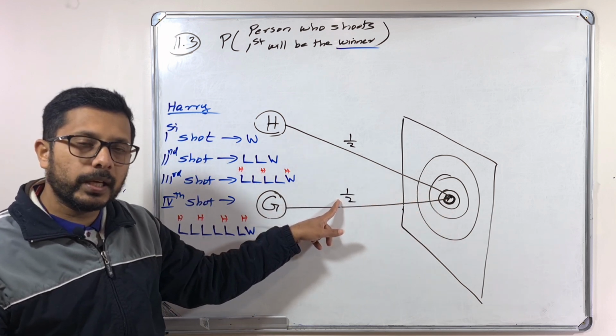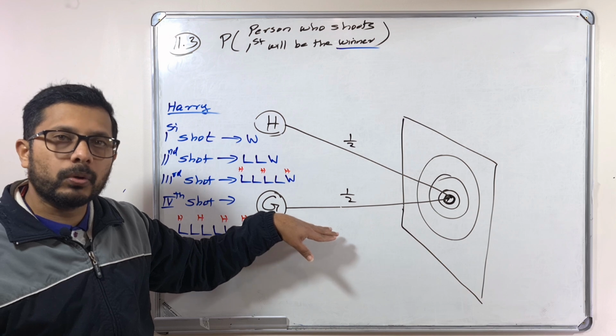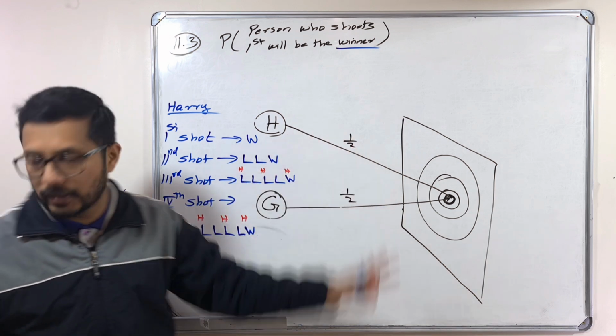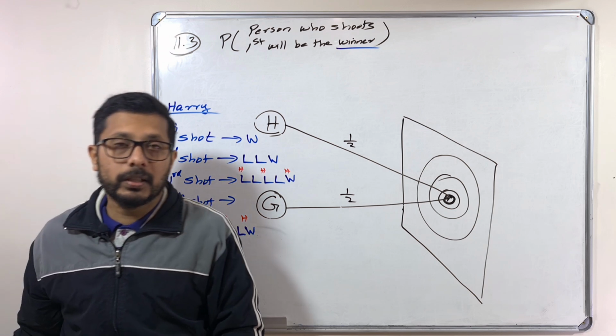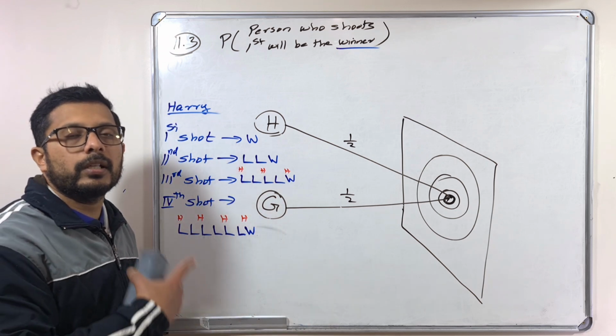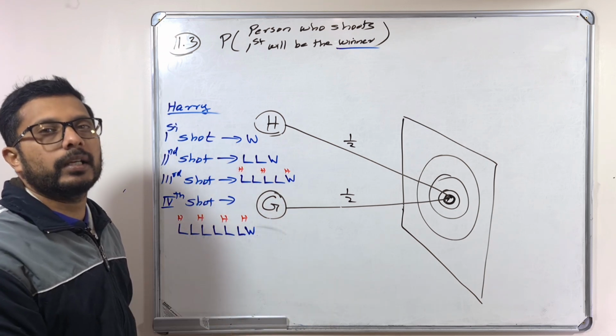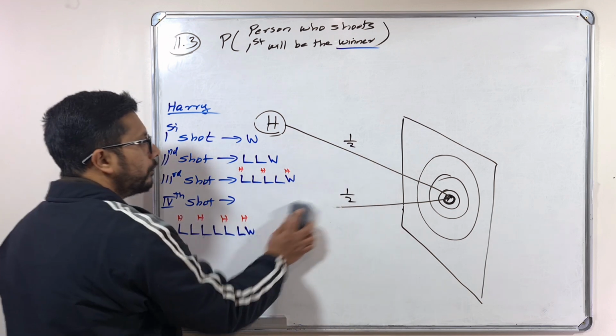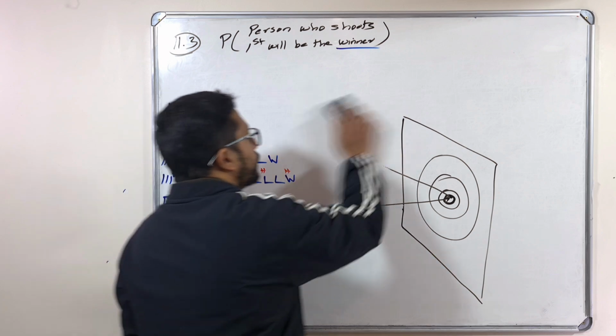1/2. So it means that Glenda's lose probability is also 1/2. So look at this one. Let me erase this picture. Try to understand that for both win and lose, in both cases, Harry and Glenda, the probability is 1/2. Okay, so now